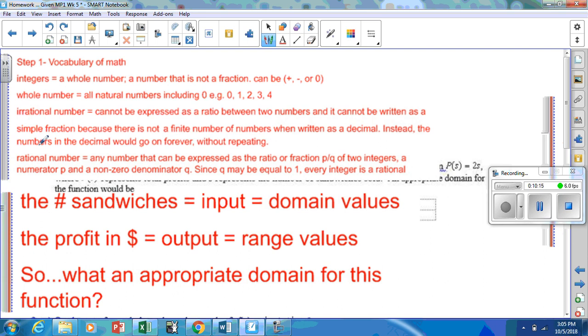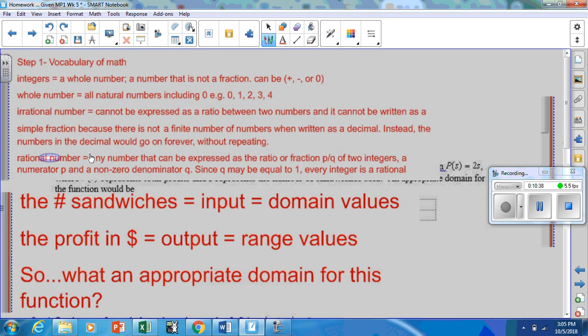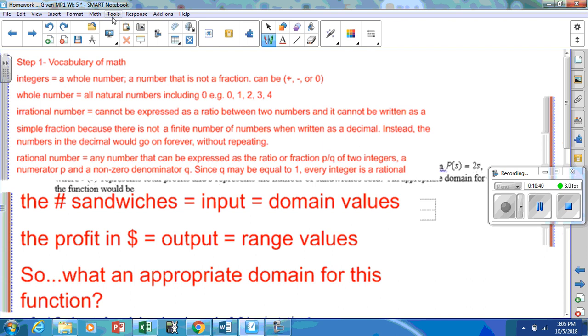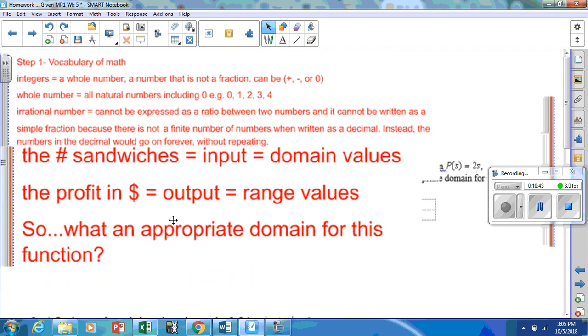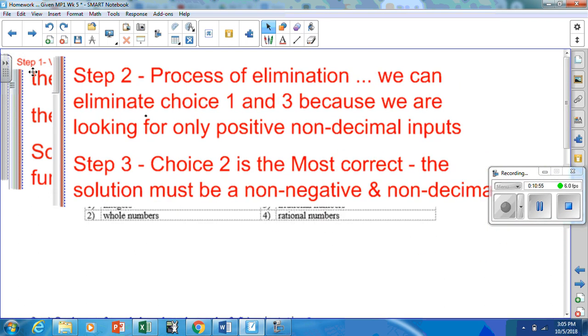Let's talk about what rational numbers are. Any number that can be expressed as a ratio or fraction of p over q of two integers, where q is a non-zero denominator. Since q may be equal to 1, every integer is a rational number. That's a mouthful. All right, let's just say for this problem, what we're most interested in is that the number of sandwiches is our input, the profits are output. So an appropriate domain is going to be